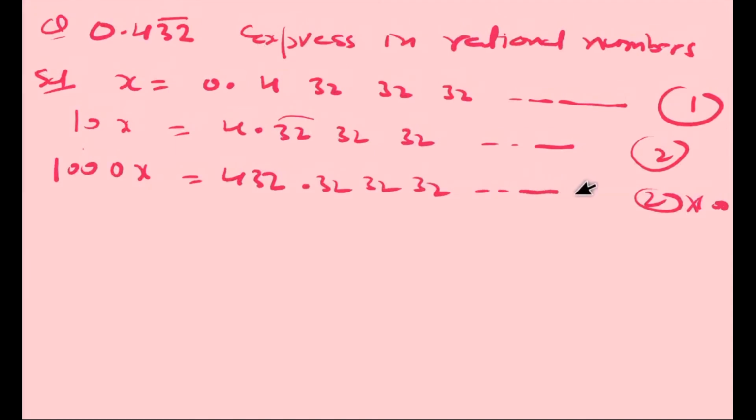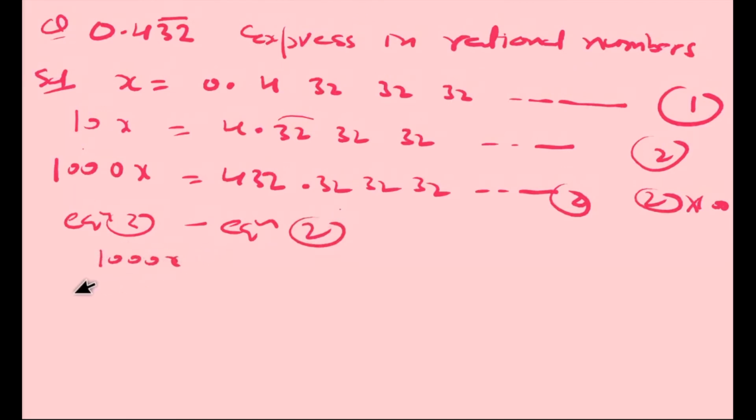432.323232... Now look here, the 3232 after the decimal, we have to write the same way. If 3232 is written 3 times, we have to write 3232 3 times. So now, equation 3 minus equation 2, what do we get here? 1000x minus 10x, and 432.323232...